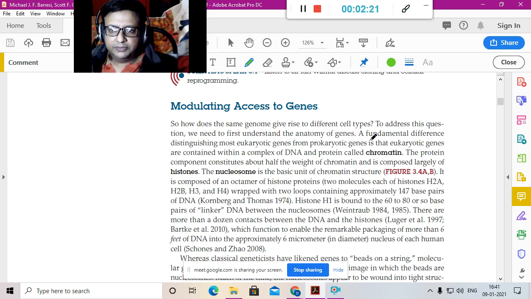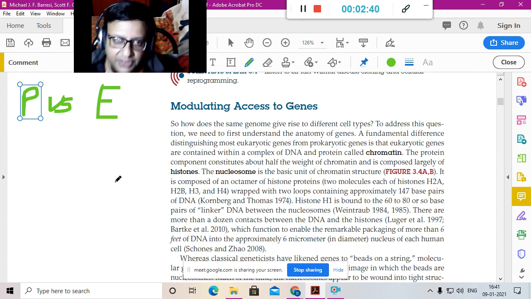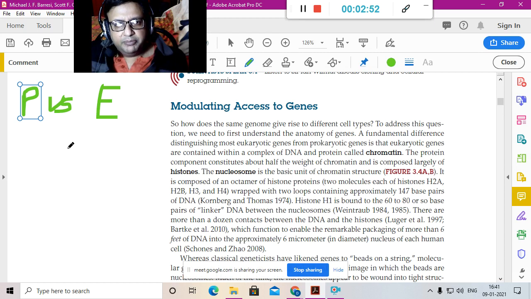So there is a difference between prokaryotes and eukaryotes. Remember that this class also is covering the topic in molecular biology, eukaryotic gene expression, as well as differential gene expression. So in prokaryotes you have inside the cell